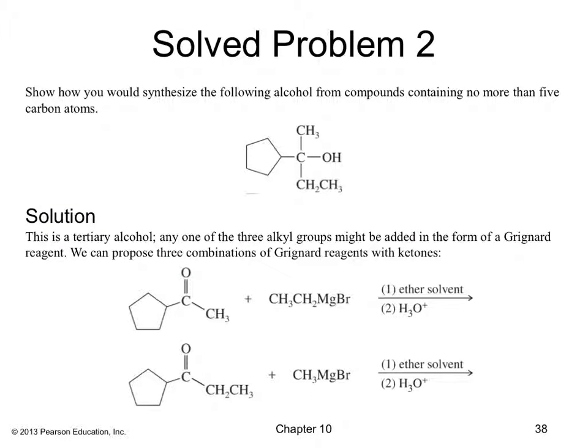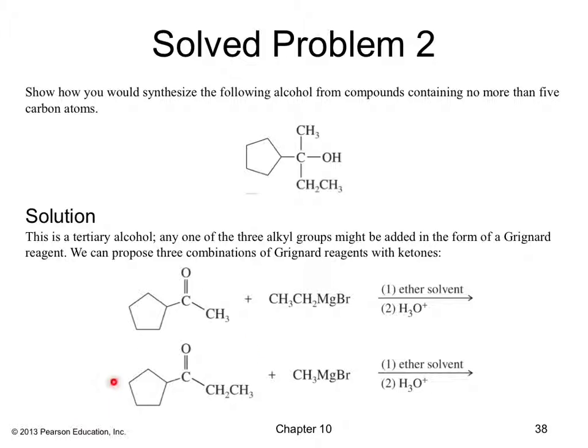So for problem 2, show how you would synthesize the following alcohol from compounds containing no more than 5 carbon atoms. So how do we generate this? Well, one way is to take a ketone in which you have the methyl group and the cyclopentane group, and then react it with ethyl magnesium bromide in ether, step 1,